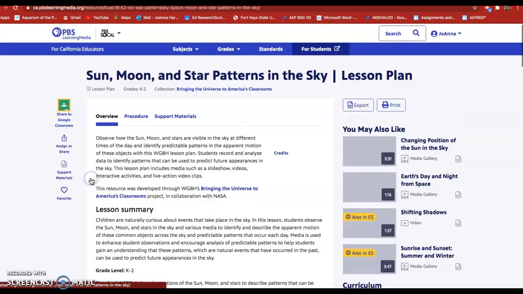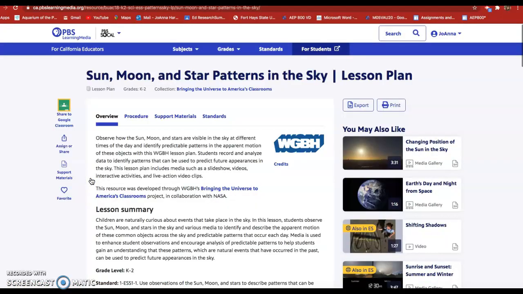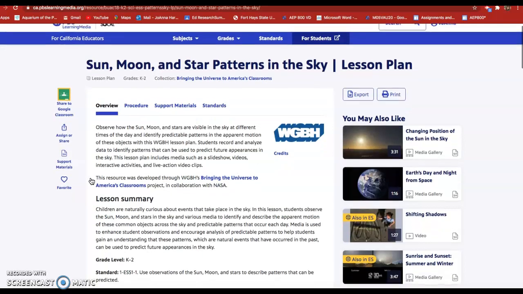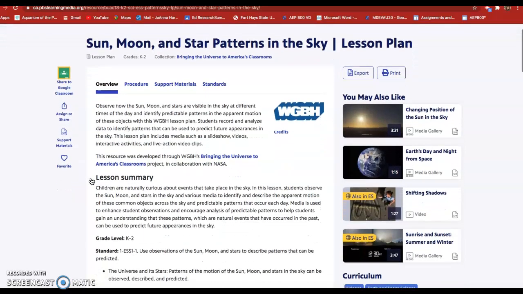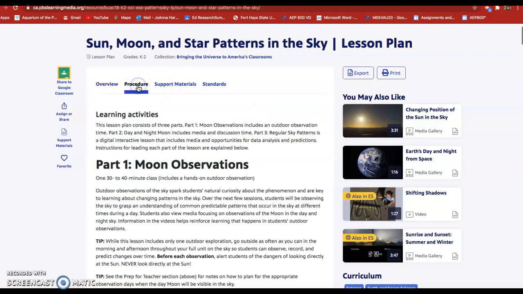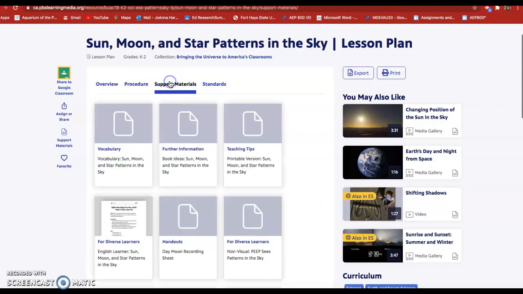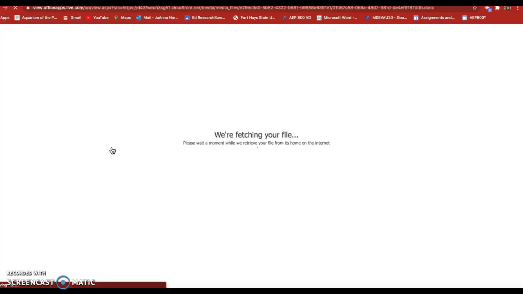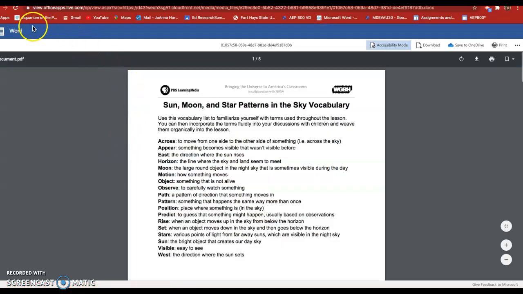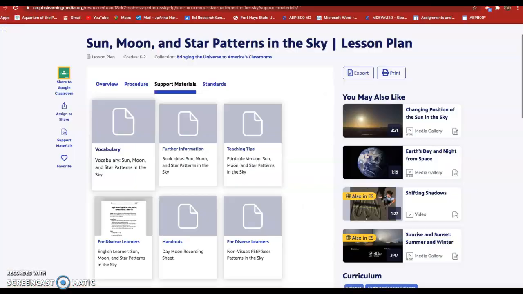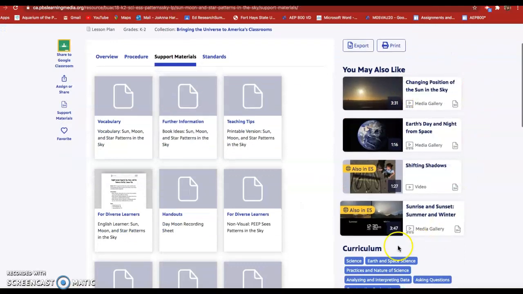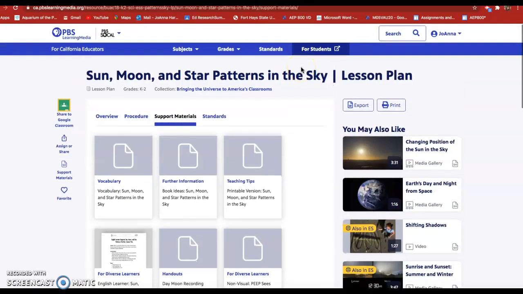So I'm going to pick Sun, Moon, and Star Patterns in the Sky. And it's just laid out for you so nicely. You have your lesson summary, tells you what grade levels it's based on, procedures, support materials. These are great. Here's a vocabulary sheet, so that's very useful. And then they have videos that could go along with it. In addition,